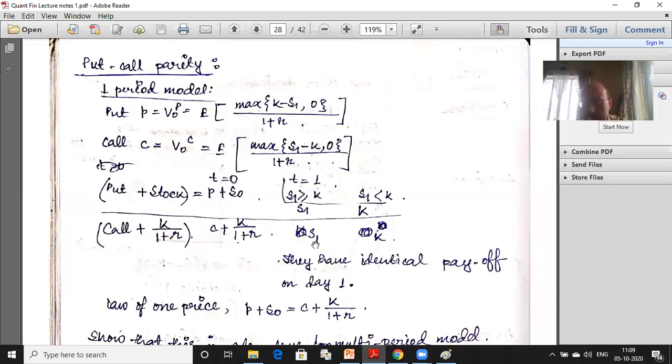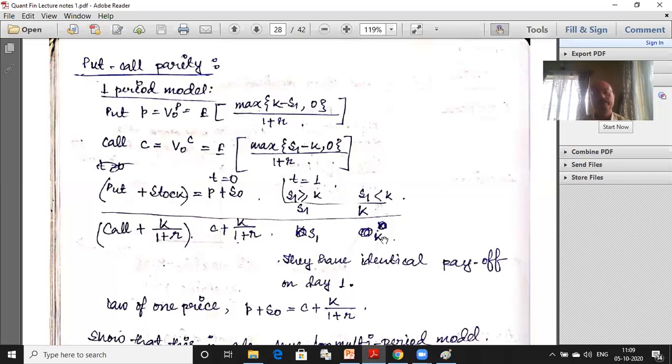Now look at the other case. When the stock price is less than K. Exactly similarly, you will now see that the put option will be used, but the call option will not be used. And using the put option, I will get K amount of cash, and when the call option expires, I am left with K amount of cash. So again, in both cases, for both these portfolios, my value of the portfolio will be K.